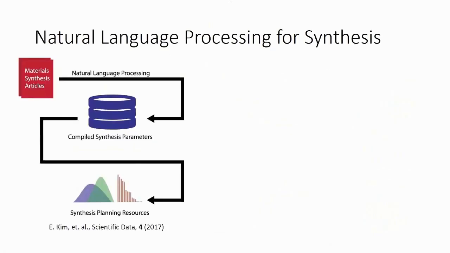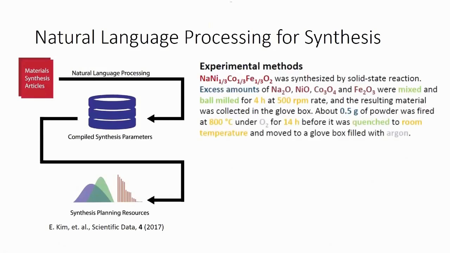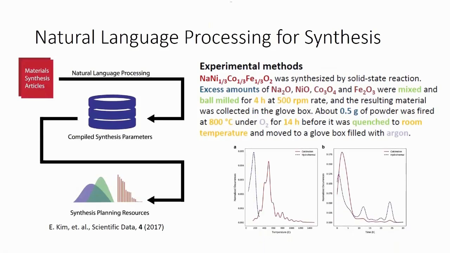Another way of skinning this cat is to go through the material synthesis articles. So look through all of the known literature. This works really well for hydrothermal or physical grinding. Use natural language processing to look at the experimental methods section, identify what was made, what we used, what amounts, what were the techniques applied, and then compile these synthesis parameters and create a planning resource whereby, for instance,